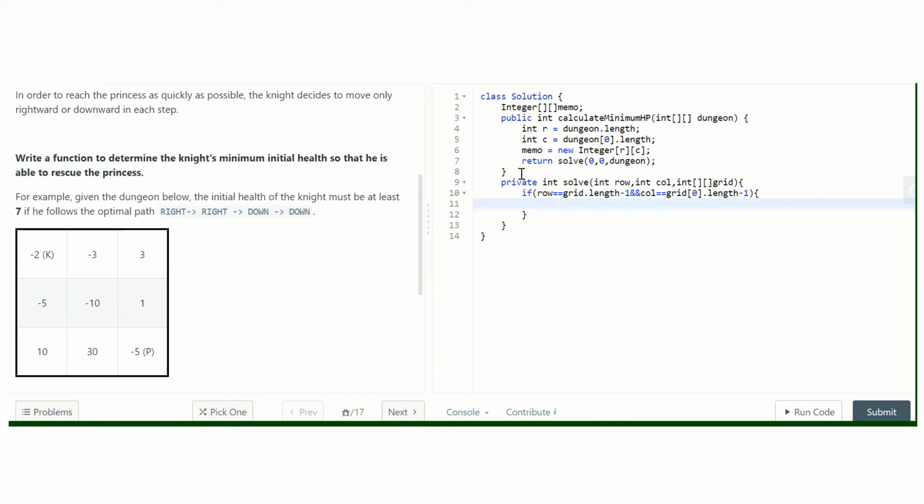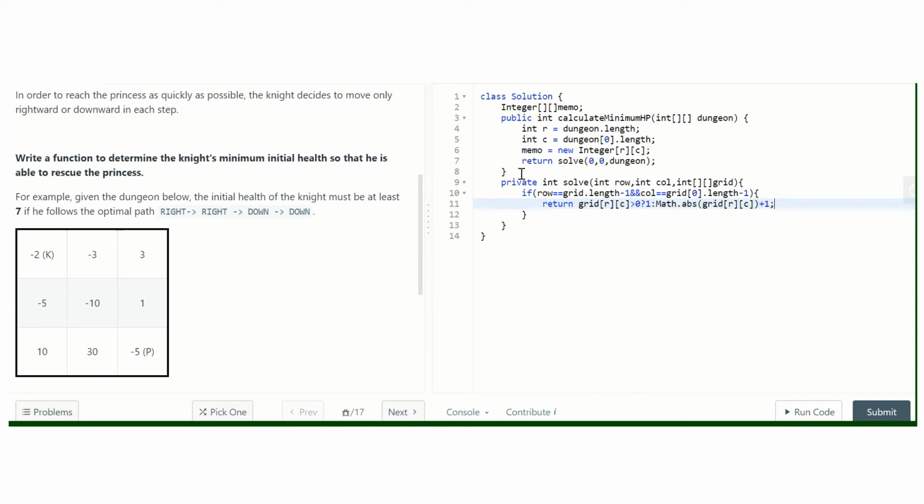then we need to check: if grid[r][c] has a value greater than 0, then we need only one point to step onto that cell. Otherwise, if it is negative or 0, then we need Math dot abs of grid[r][c] plus 1 points.